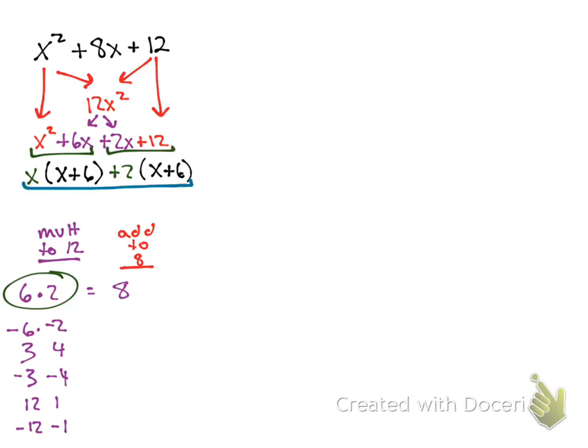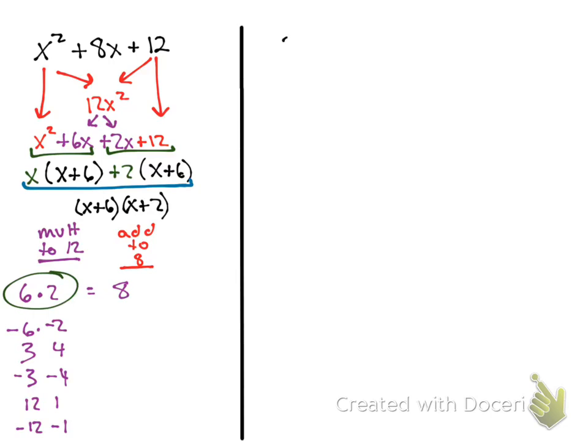And then we group the whole entire thing again. The parentheses are the same, so bring it to the front. And you have x plus 2 as your other parentheses. So that's what you get when you finish factoring. If you want to check your answer, you're more than welcome to. But we're going to go on to the next one. So let's say we have 3x squared